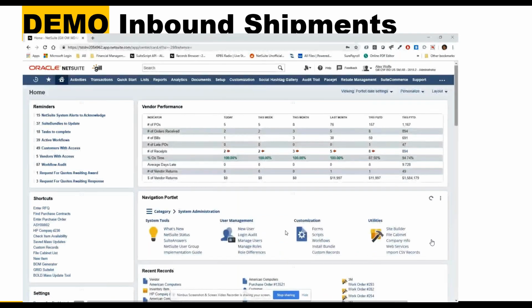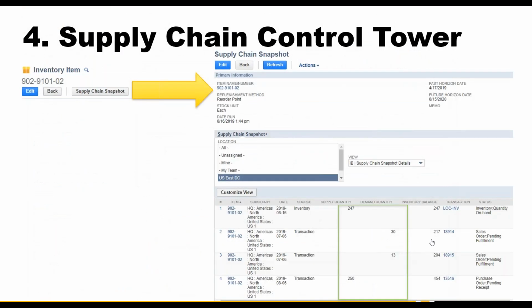All right, moving on. Final topic of discussion is the supply chain control tower. This is another feature that enhances your supply chain visibility. You can use this feature to simulate inventory supply and demand across your supply chain. These simulations, or snapshots as we call them, are used to analyze whether inventory levels are in line with your demand,